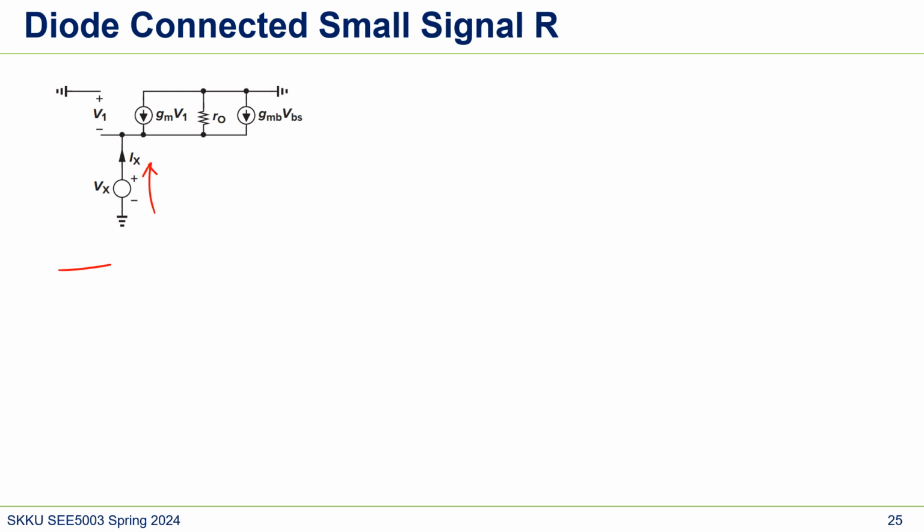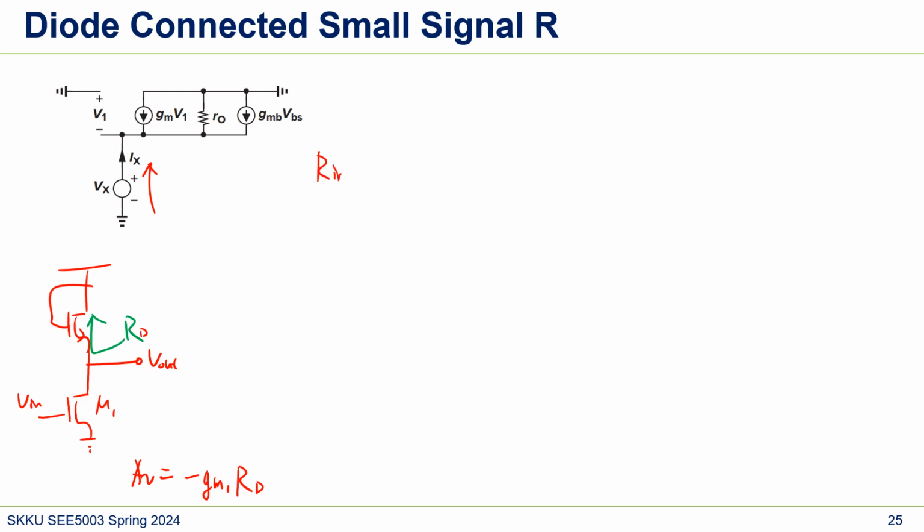Here's the NMOS, here's V in and then V out, and we want to calculate the resistor here, because our goal is to get a gain which is GM1 and R. Well, just say RD. The way we can calculate is R in is VX over IX,